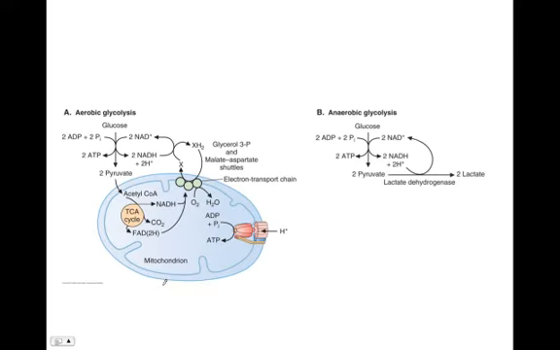So once pyruvate is generated, there are two primary fates of pyruvate. In the presence of oxygen, you have aerobic glycolysis, where pyruvate will be transported into the mitochondrion, accepted by the TCA cycle, and oxidized via oxidative phosphorylation on the electron transport chain. This piece we've talked about. Remember, the NADH generated by glycolysis must be shuttled across the mitochondrial membrane by either the glycerol 3-phosphate shuttle or the malate aspartate shuttle.